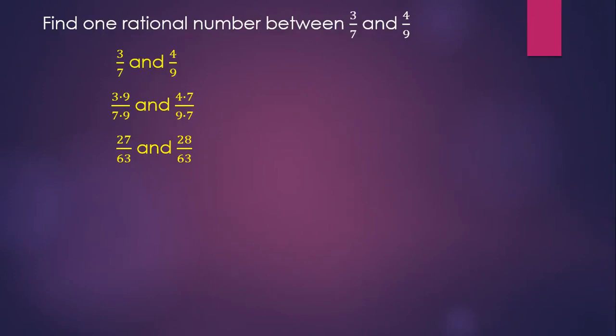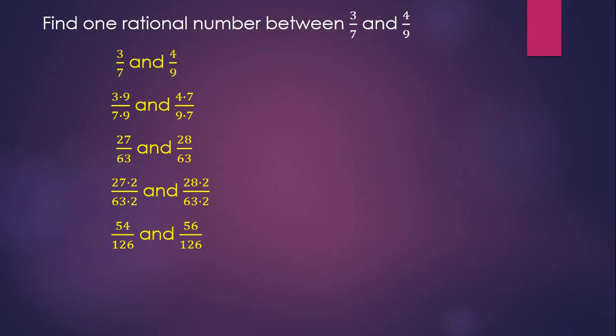28/63. Now since there is not a whole number between 27 and 28, we're going to have to write another pair of equivalent fractions so that we can try to find a whole number numerator between our two fractions. So I'm going to simply find another denominator by multiplying each of the fractions by 2 over 2. And I'll have the equivalent fractions 54/126, that's equivalent to 3/7, and 56/126 is equivalent to